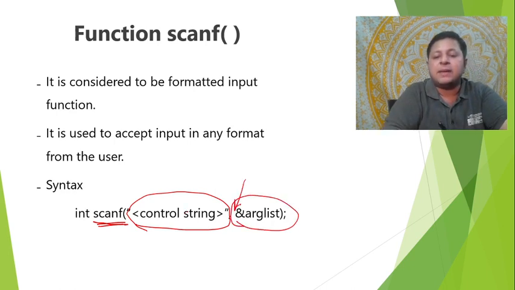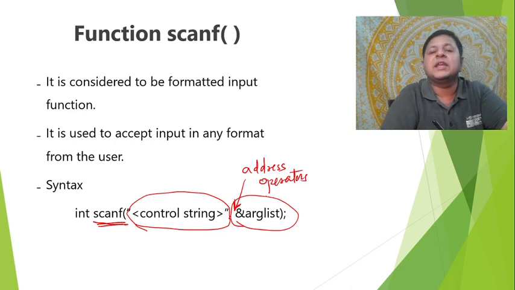Okay, mark this ampersand here. That's nothing but the address operator. We've already seen that in the previous videos. We have videos on operators, specifically unary operators. In that, the address operator is being used. You know, it is to generate the address of the given operand. And it is very significant here, right?